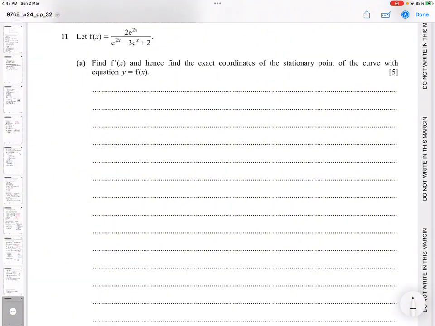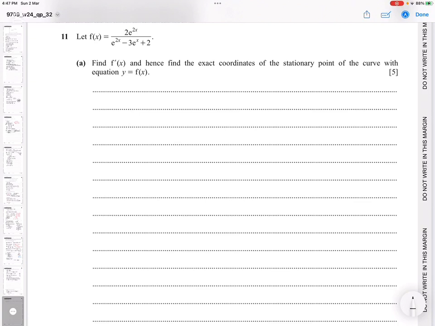Question 11. Let f(x) = 2e^(2x) / (e^(2x) - 3e^x + 2). Part A, find f'(x). f'(x) means differentiation, and hence find the exact coordinates of the stationary point of the curve with equation y = f(x). So this is a fraction, so we will use the quotient rule